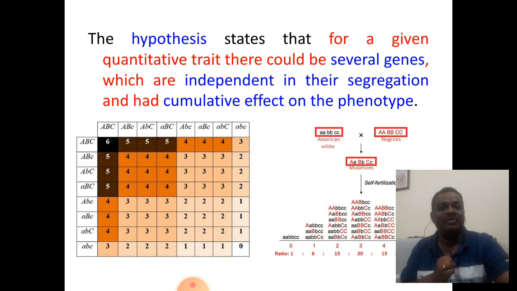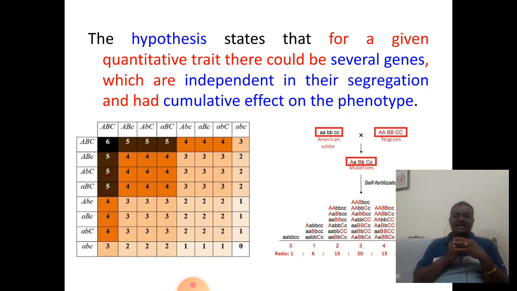The hypothesis states that for a given quantitative trait, a trait that follows quantitative inheritance, in simple, a trait that is influenced by several genes which are independent in their segregation. So when they move during the segregation process, they are independent and they will show an additive or cumulative effect